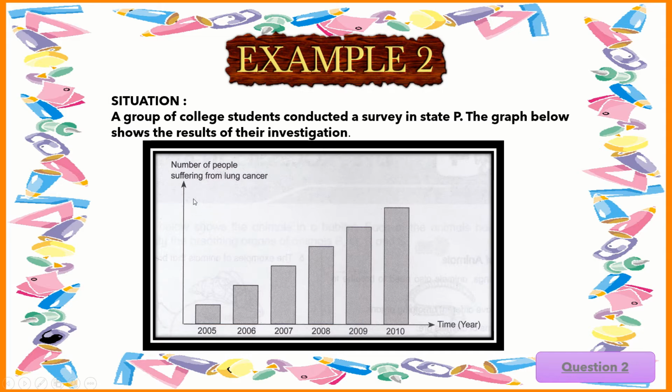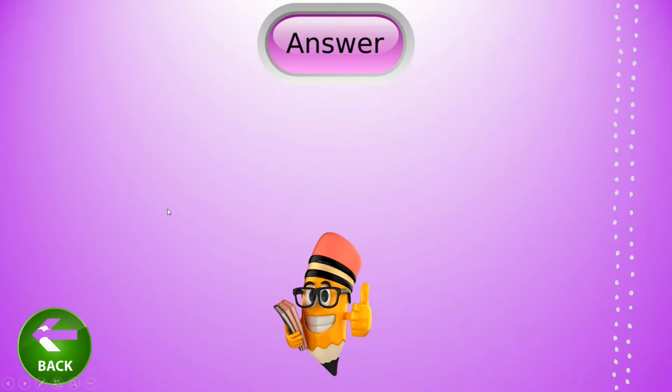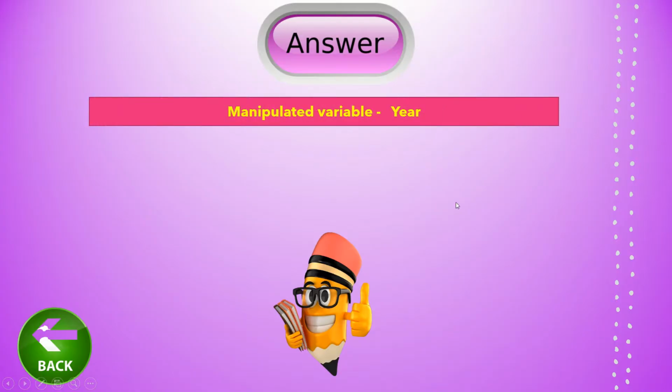Meanwhile, the Y axis points to the responding variable. So, we know that the manipulated variable is the year and the constant variable is, let's look at the answer. Yes, the manipulated variable is year and the constant variable